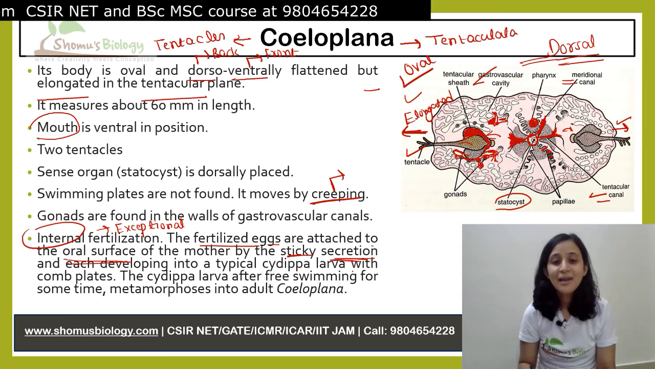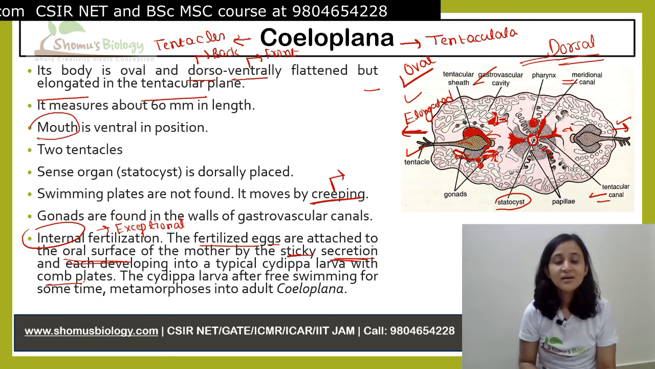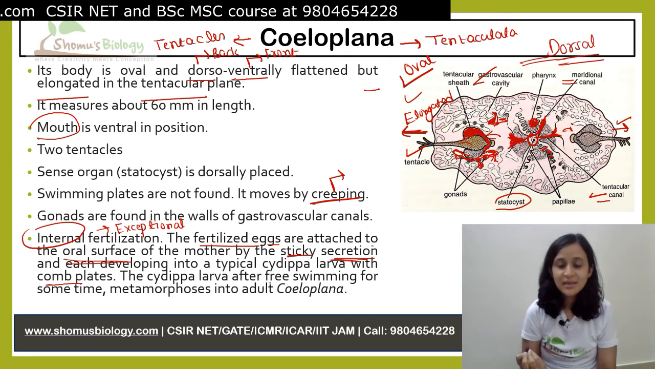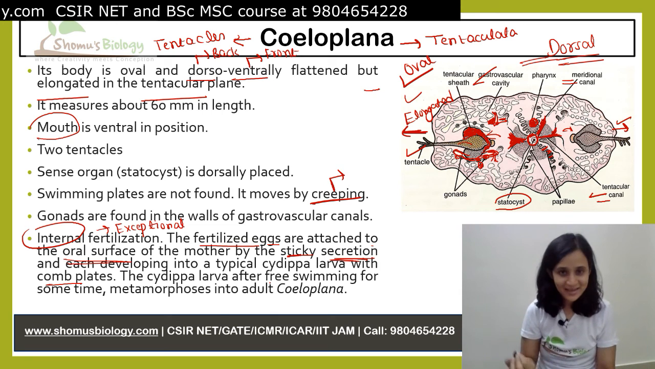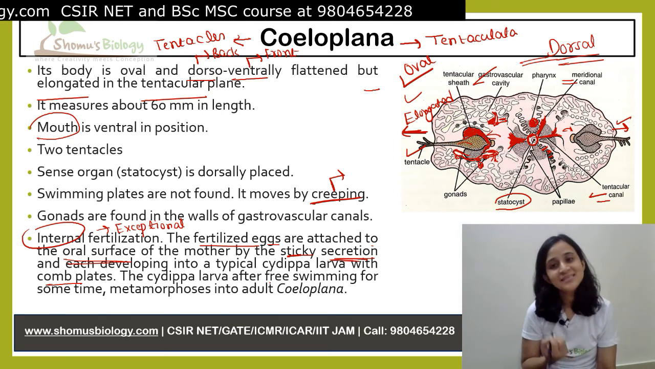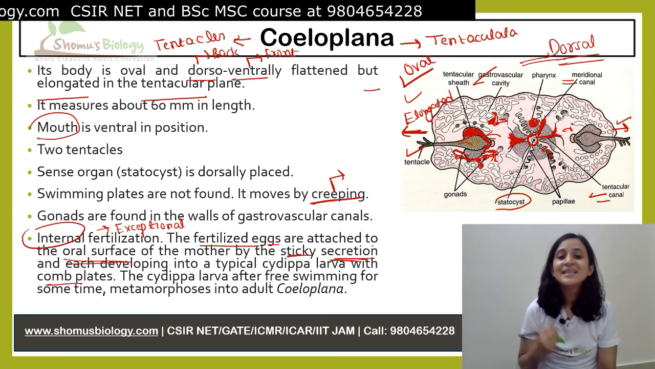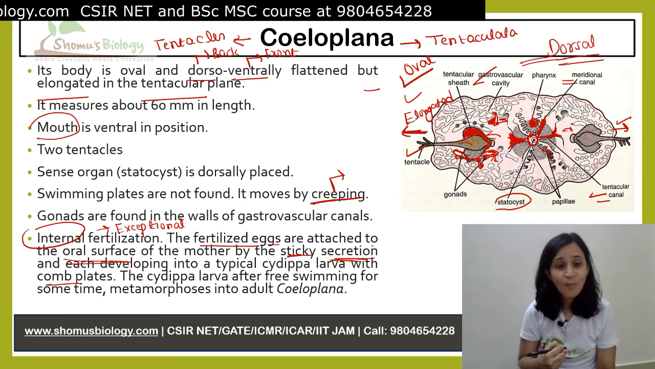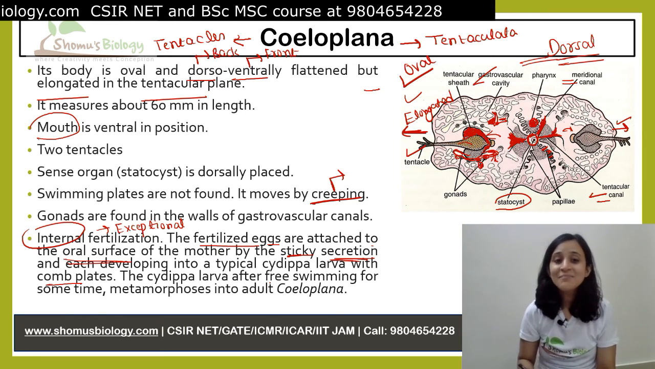each developing into a typical Cydippid larva. So in the mouth where they have the sticky secretion, in that part the fertilized eggs are first placed, and when the fertilized eggs are attached to that sticky secretion, they will form the larva. So Cydippid larva will be formed from those fertilized eggs,